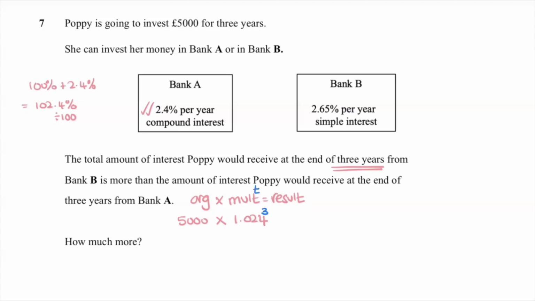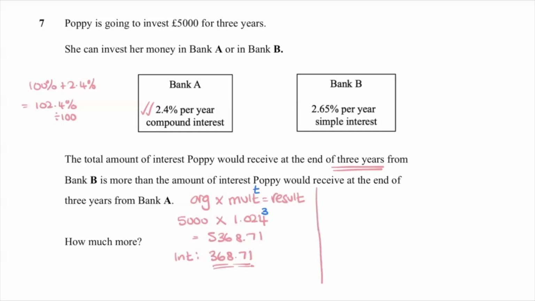Now I'm going to throw that in the calculator and I get £5,368.71. Now it's all about the interest they receive. So I'm also going to just quickly jot down that the interest there is the 368.71 bit. Now that's Bank A. Bank B is talking about simple interest, and simple interest is actually exactly what it sounds